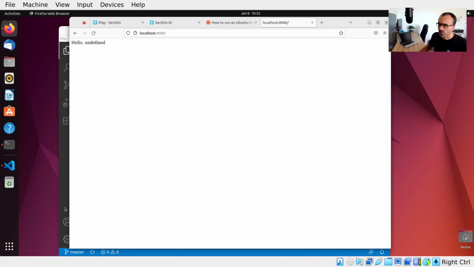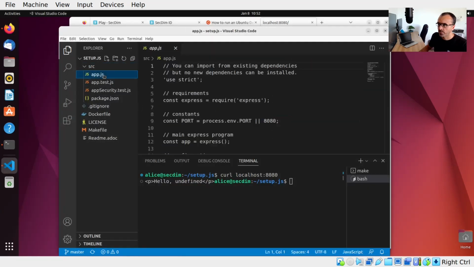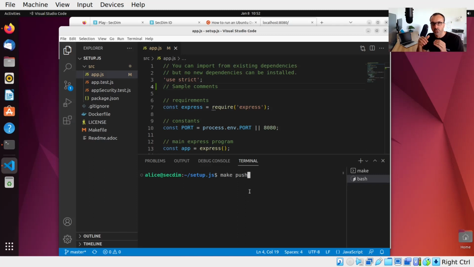Before I dive into the code, let me just go through a few more commands here. Let's open the main program and just make a sample change. Just add a comment, sample comment here. Save this. If you now run make push, this is a shortcut for git add, git commit, git push. It